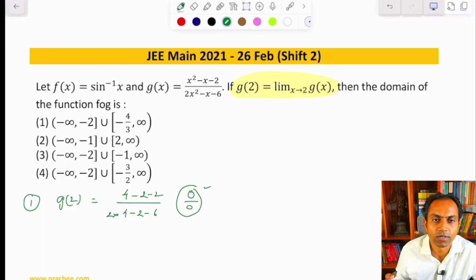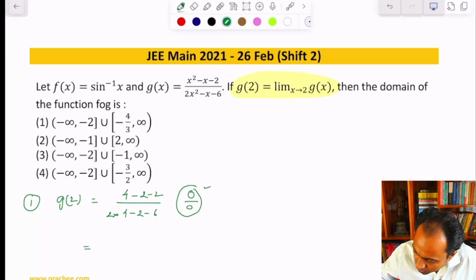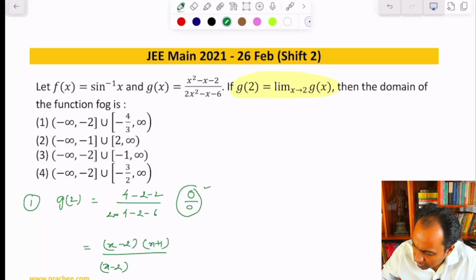Why it is given? Because it tries and attracts our attention towards simplification. So what they are saying is you can simplify the numerator in terms of factors. So you can write this as (x minus 2)(x plus 1). And the denominator can also be factorized into (x minus 2)(2x plus 3). Now what you can observe is this x minus 2 can be cancelled out